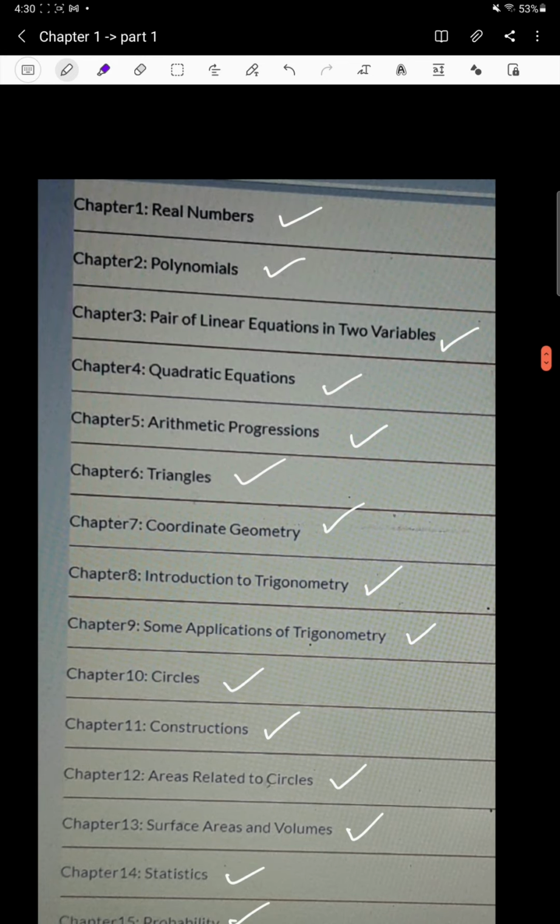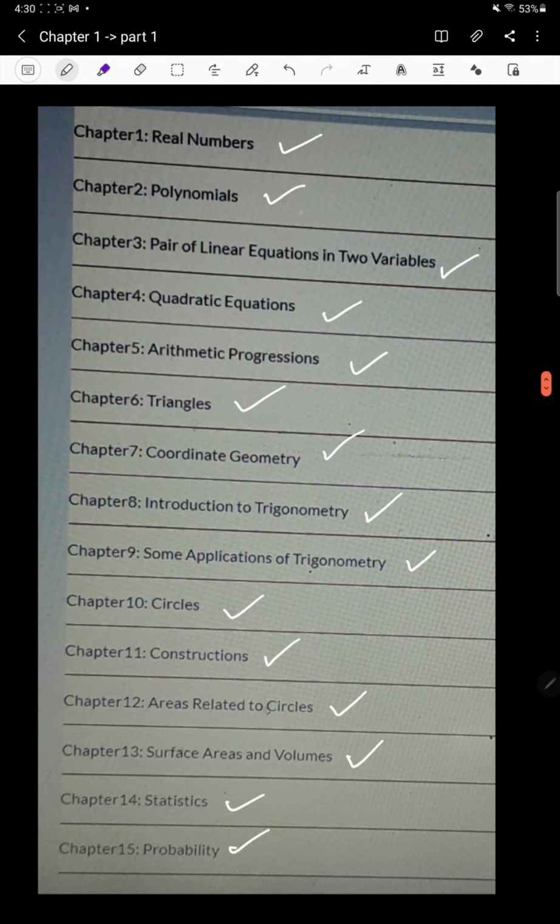Everyone, from today we'll be starting class 10th maths NCERT syllabus. So before we move on to chapter 1, let's look at the chapters that we have for class 10th maths. First we have real numbers, then we have polynomials, then we have pair of linear equations in two variables, then